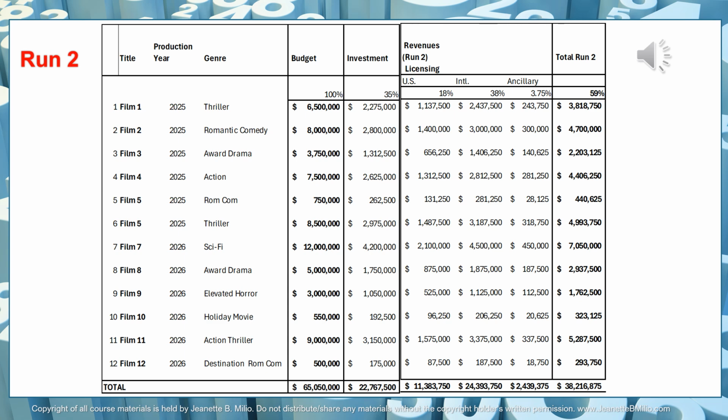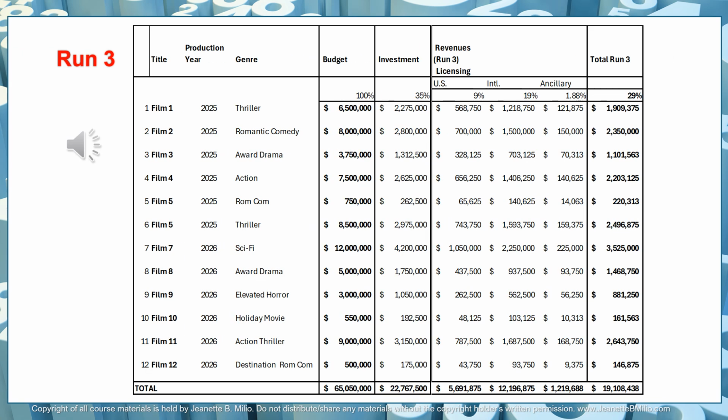And that's important to generate here, because that's another $38,216,875 that we're getting from the second run, after we got $74,807,500 from the first run on our production slate of about $65 million, for which we spent about $22 million in equity. So that's kind of the relation you have to look at when you look at the library valuation.